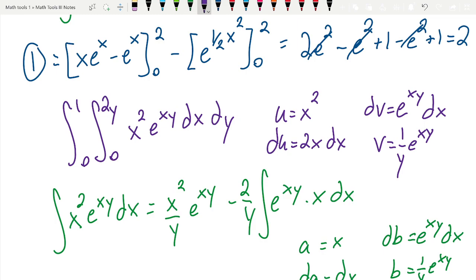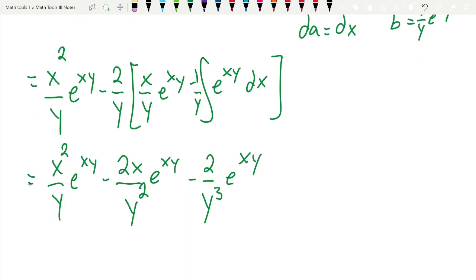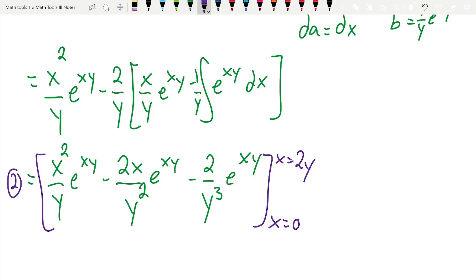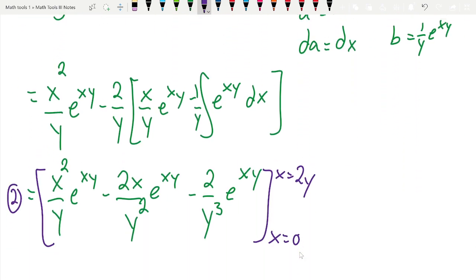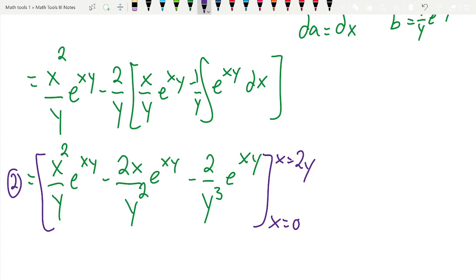Okay, so let's just go ahead and say we're going to integrate this, or let's just say that we did integrate that. And let's just go ahead and plug in the bounds here. So this is going to be x equals 0. This is where I think writing out which variable you're putting the bounds in for explicitly is a little bit helpful here. So we'll just call this 2. I just like to label it so that this is easier to find later if you're looking at the notes. Okay. So we'll plug in the bounds here